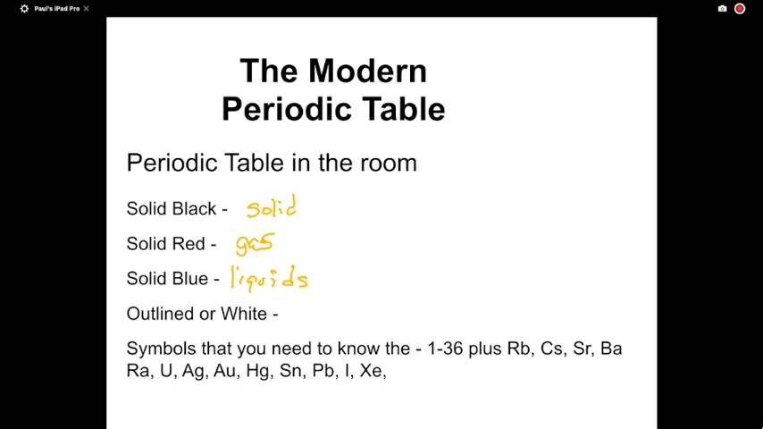Now, it's only liquid at normal pressures and normal temperatures. If you heat something up, I can take a solid and melt it into a liquid, or I can take a liquid and turn it into a gas. But these are reference points. At normal pressures and temperatures, if you're going to find it on Earth, it's going to be in these states. There's one more thing, and they're kind of weird. You can either call them white or outlined. What are those elements? They are man-made